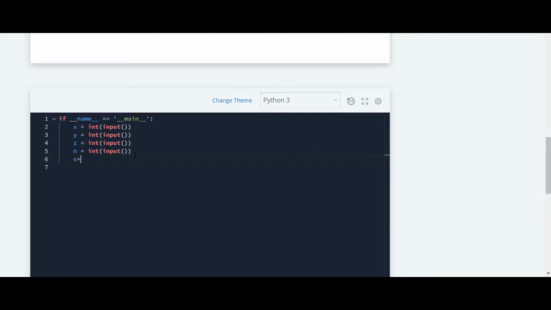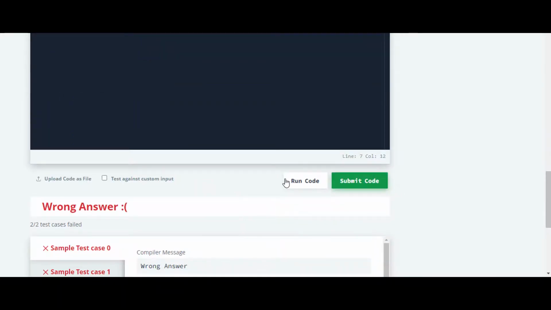We will create a list first, for i, and then I'll show you by printing it. I'll just print it and show you the output.